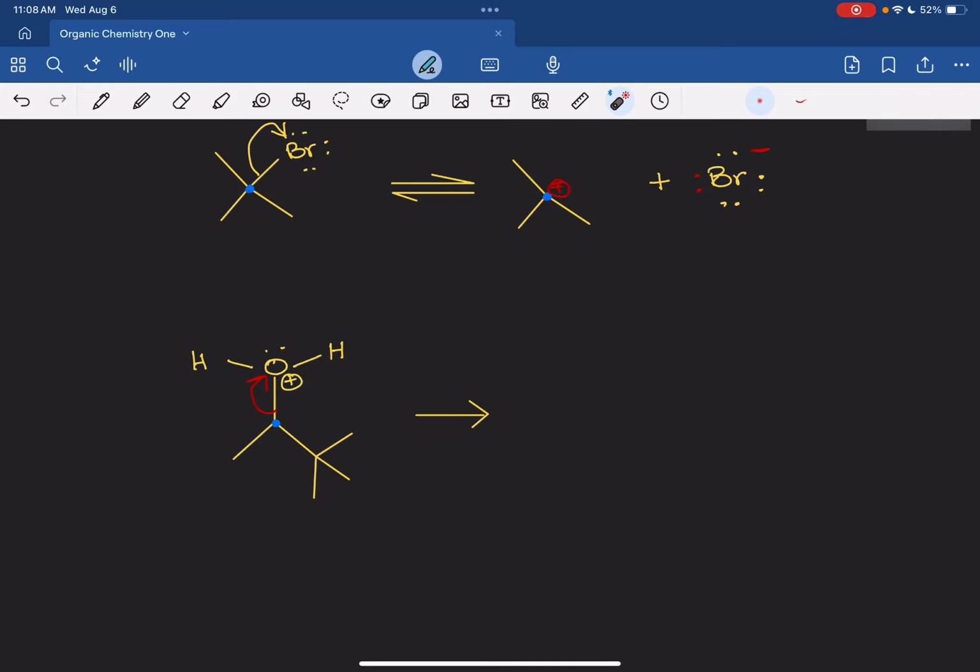So let's do this. And I'm doing this because I don't want to redraw the entire thing. So I'm just going to duplicate it. Let's erase this. So if you look, I always do this. Always draw back the portions of the molecule that you didn't do anything to. We didn't do anything to down here. So see, I put it back, right? Now, if you